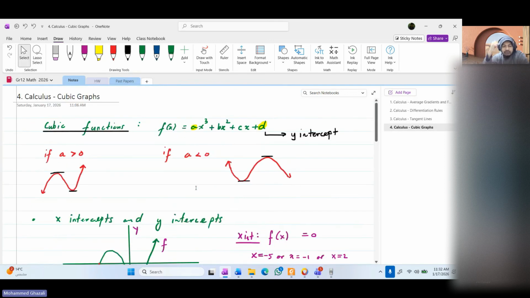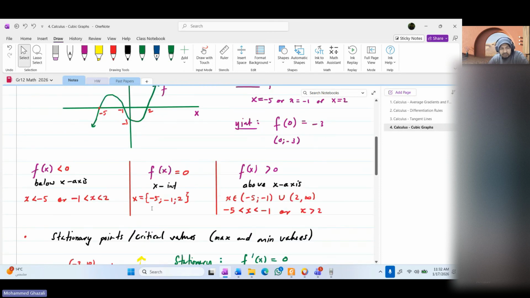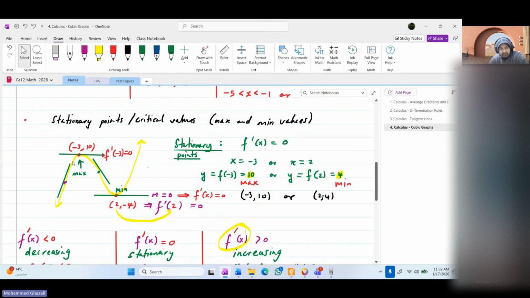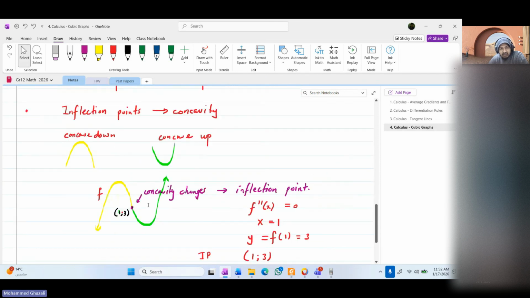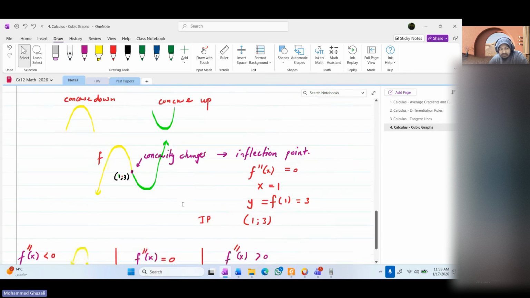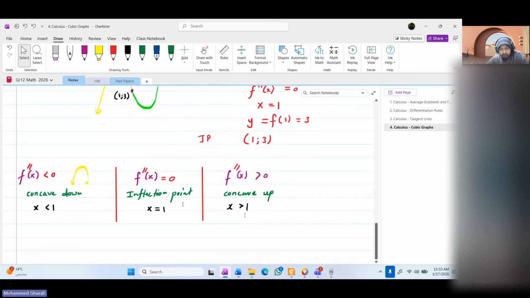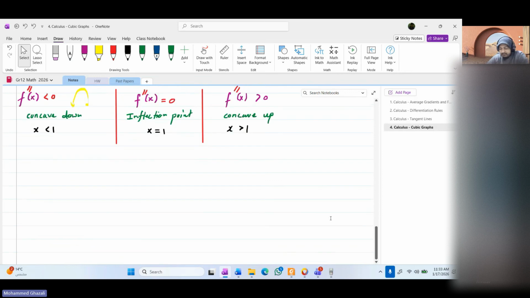We learned something about f of x, when it's above and below the x-axis and on the x-axis. Then we learned about when the function is increasing, stationary, and decreasing, right? And now we learned about the inflection point. So those are the important key features. Next one